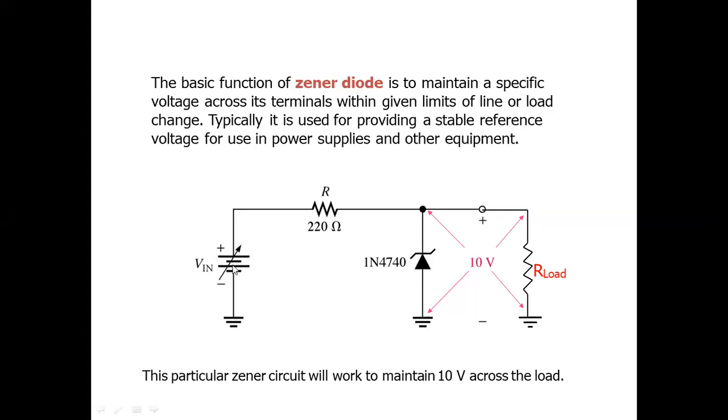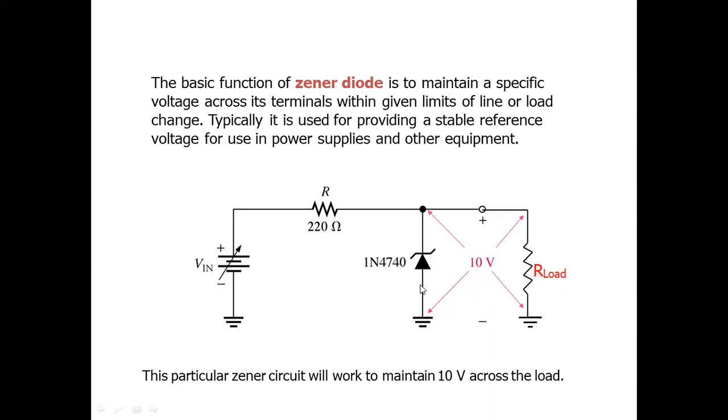Here we have given the variable input, here 220 volt, and the 1N4740 is nothing but the Zener diode we have used here, and this is the load resistance. We have used a variable input voltage. If I give 0, 1, 2, 3 and increase, it is going to maintain the voltage in the range only. If I increase above 10, say 12 volt, in that situation it will absorb some current and give only 10 volt output.